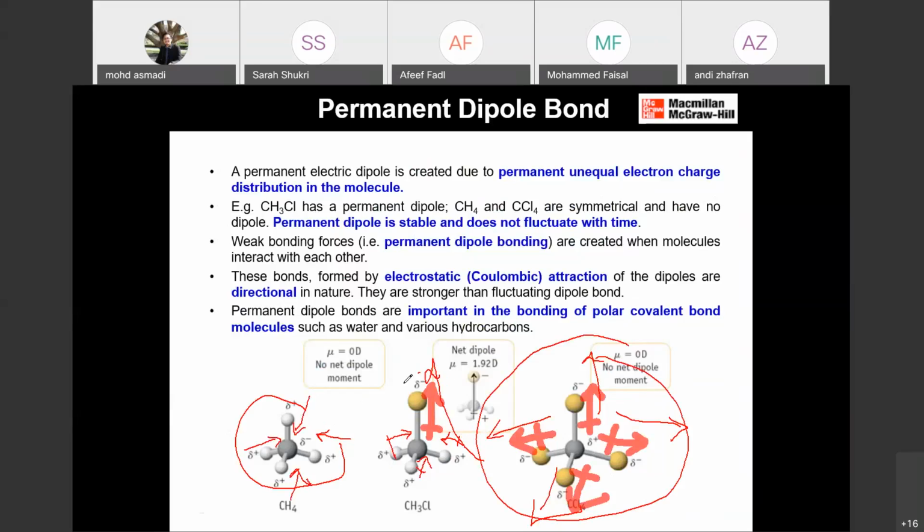This one, the movement is not in the same direction. The movement is not equal. The movement of the arrow, the negative charge. That's why we call it asymmetrical. But this one is not the movement actually, it's the direction. Okay, like this one, right?